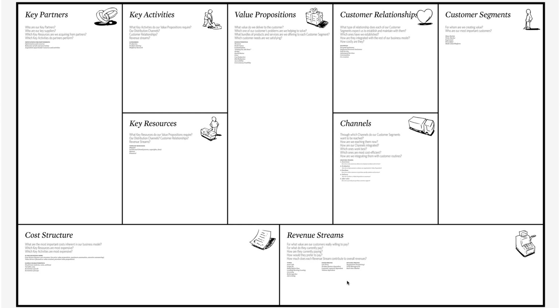So with your ideas, essentially this should be like a living document you can use, and I'll upload a PowerPoint, if I haven't already. You can get it online as well, that you can edit. But essentially, it should be like a living document where you just go in and put all of your assumptions. And the whole idea of this is it's supposed to be a business plan for a startup where business plans don't work. Typical business plans don't work. It's supposed to be a list of assumptions in each one of these boxes.